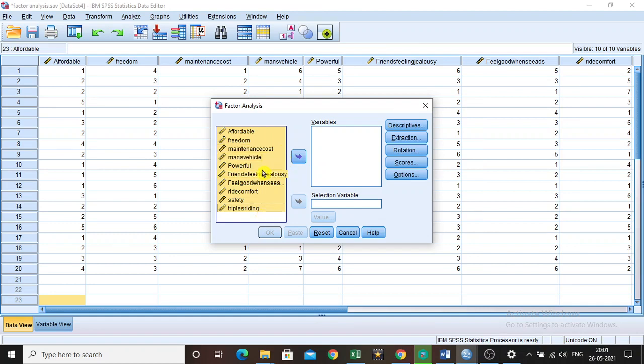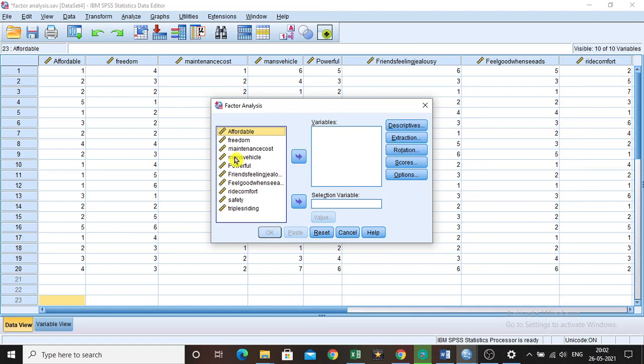Now you have to import them into the analysis area. All the 9 variables, since this is a pure data set, it doesn't have any other variables such as name, age, gender and all those things. So only the variables are in the data set. So I'm going to analyze all the variables together.